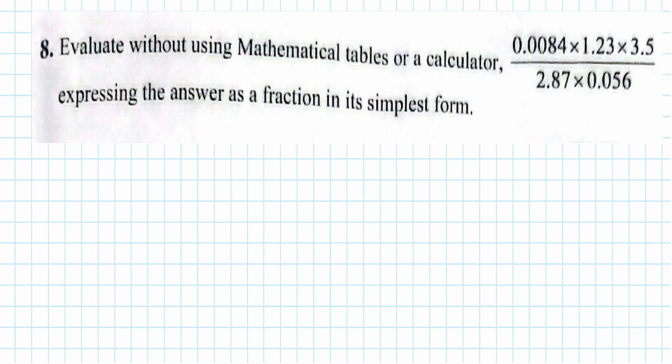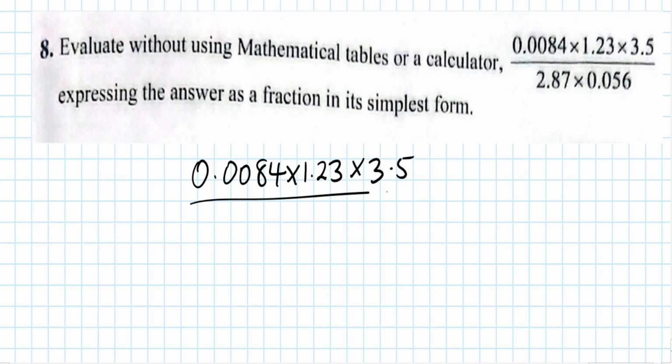Evaluate without using math tables or a calculator: 0.0084 times 1.23 times 3.5 over 2.87 times 0.056. So you have 0.0084 times 1.23 times 3.5 all over 2.87 times